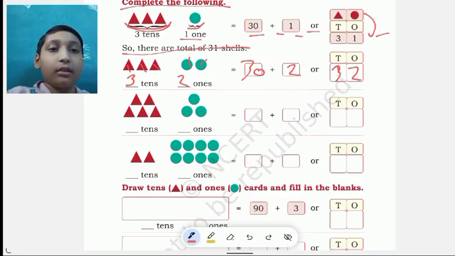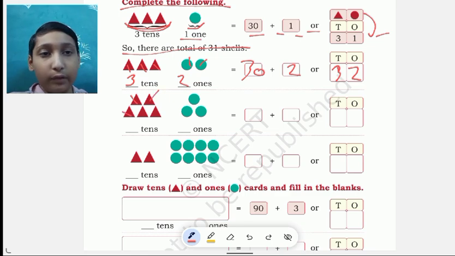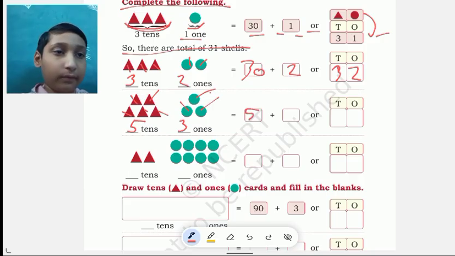Now we got 1, 2, 3, 4, 5 triangles, which is 5 tens, and then 1, 2, 3 circles, which is 3 ones. So it is 50 plus 3, or 5 and then 3, which is